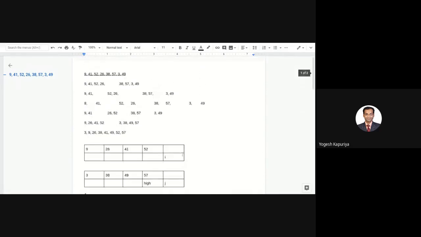Okay, so I hope this algorithm is clear. Obviously, you need to look at a few more examples, and we'll be looking at them, but maybe in the next class. So with this, I complete our discussion on merge sort. I should not say complete, but we'll be continuing with that in the next class as well. Okay, goodbye.